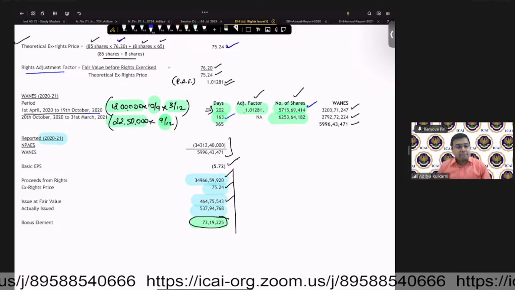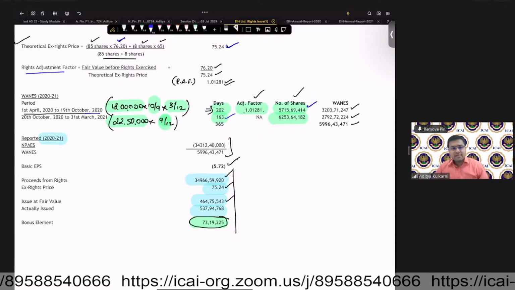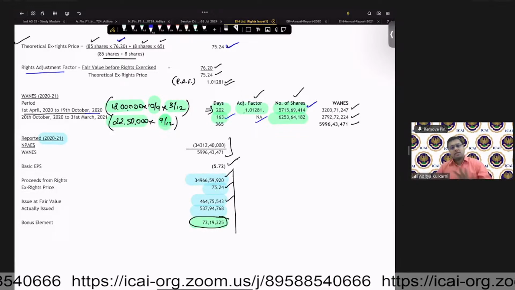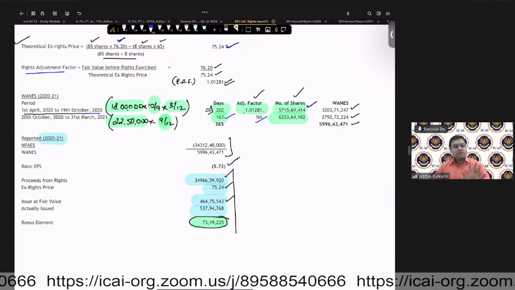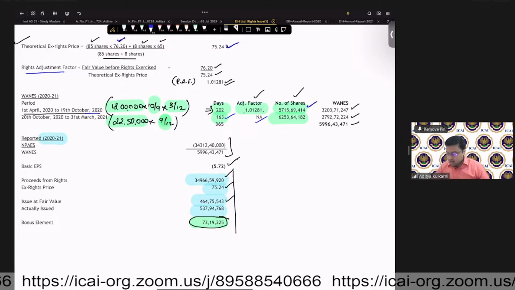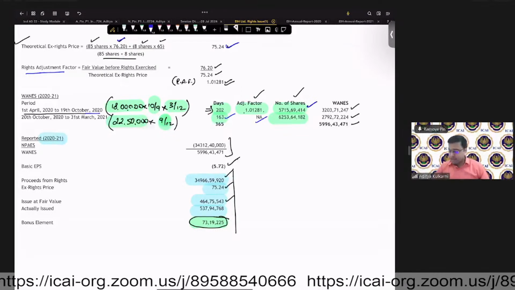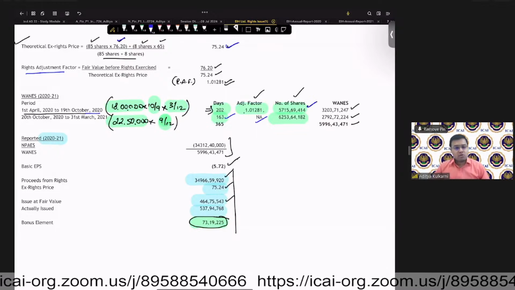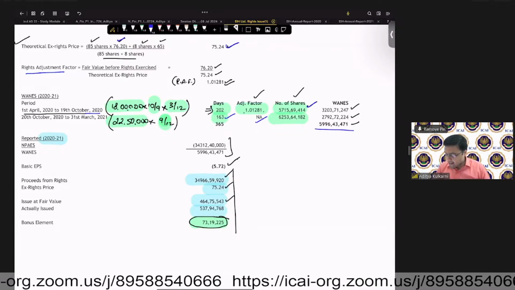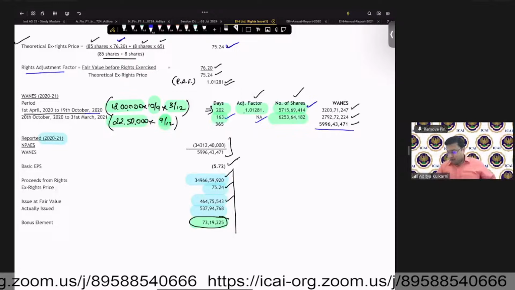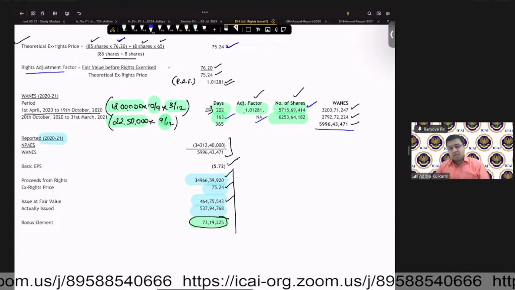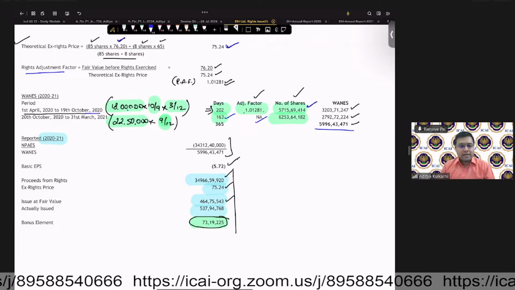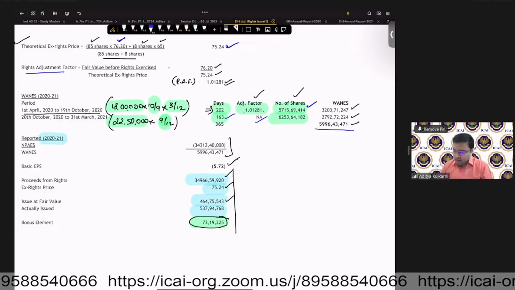come into the capital structure, you are having 163 days. There is no need for you to take the adjustment factor now because bonus, existing and rights, all of them put together have come. So 62,53,64,182. So this comes to 27,92,72,224. So your total weighted average number of shares is 5,996,43,471. So this is how you are going to determine the weighted average number of equity shares.